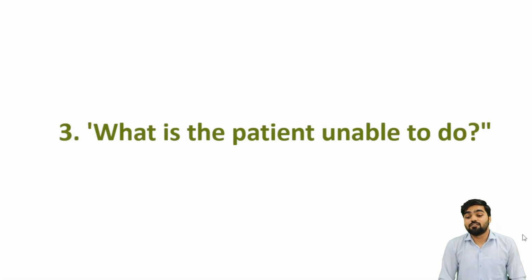And the third question is what is the patient unable to do. In assessment, along with what the patient can do, you will identify what the patient is unable to do, and you also include why the patient is not able to do it. Is it any joint movement affection, any muscular inactivity, or any other injuries which can lead the patient to not be able to do the activity, or is pain there, or anything. You should be mentioning it, and later on your treatment protocol will be focusing on that.